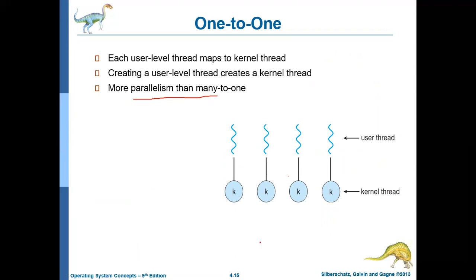So you cannot create a kernel thread just like that, because operating system resources are limited. So accordingly, only the operating system can create a kernel thread. Most of these systems will provide restrictions on the number of threads that can be executed at a given time. The number of threads per process will be restricted due to the overhead involved in the creation of kernel threads, right? So this is how the one-to-one model works.